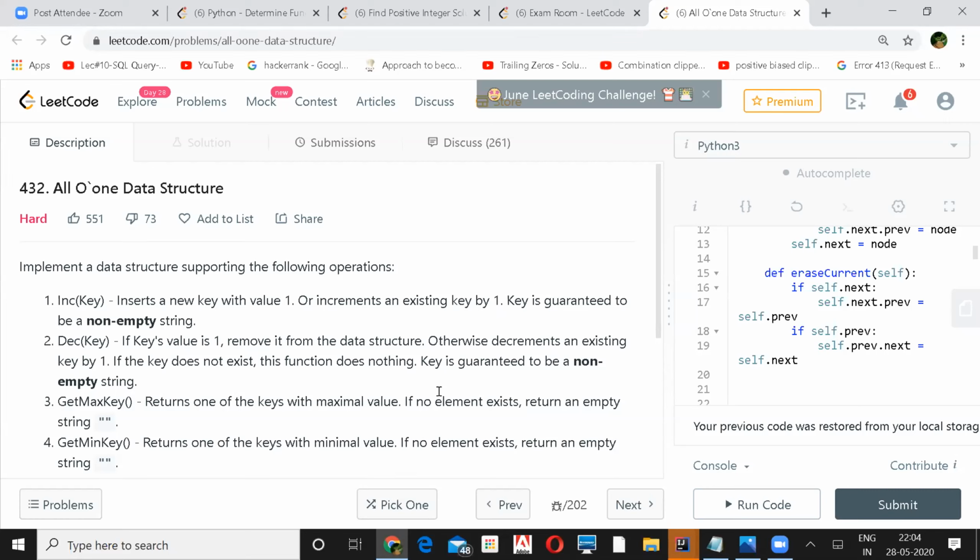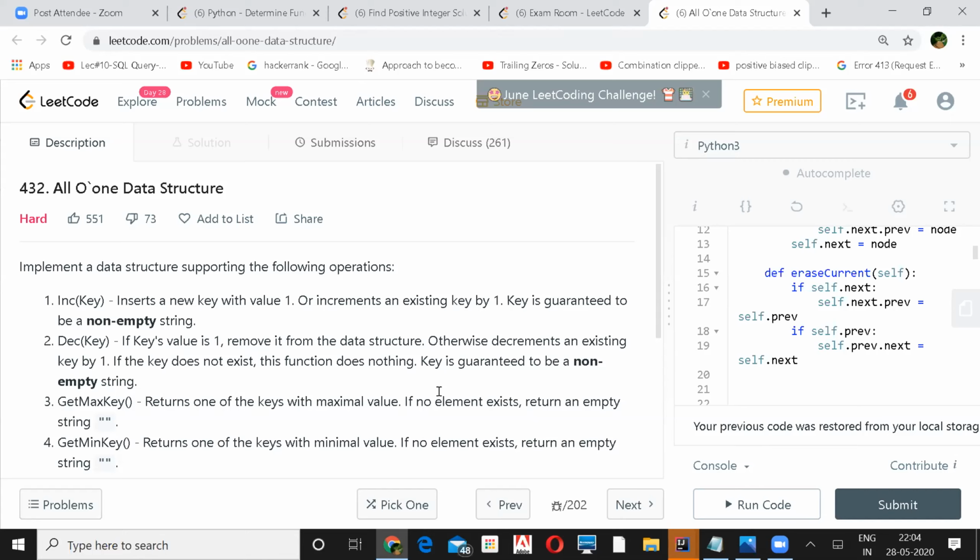Is it possible to create some buckets or something like that and do it? I mean, the max and min values of how many times the key value can go. I was thinking like a bucket sort kind of thing. So all the keys with value 1 can be in one bucket and 2 can be in one bucket. Increment and decrement will be to 2 nearby buckets itself.